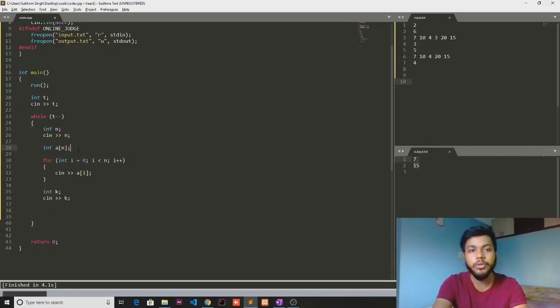What I'm going to do is I'll just take a priority queue, which is basically the implementation of max and min heap. So right now I'm going to use the min heap approach. So for min heap, as you know, we have to take a vector.